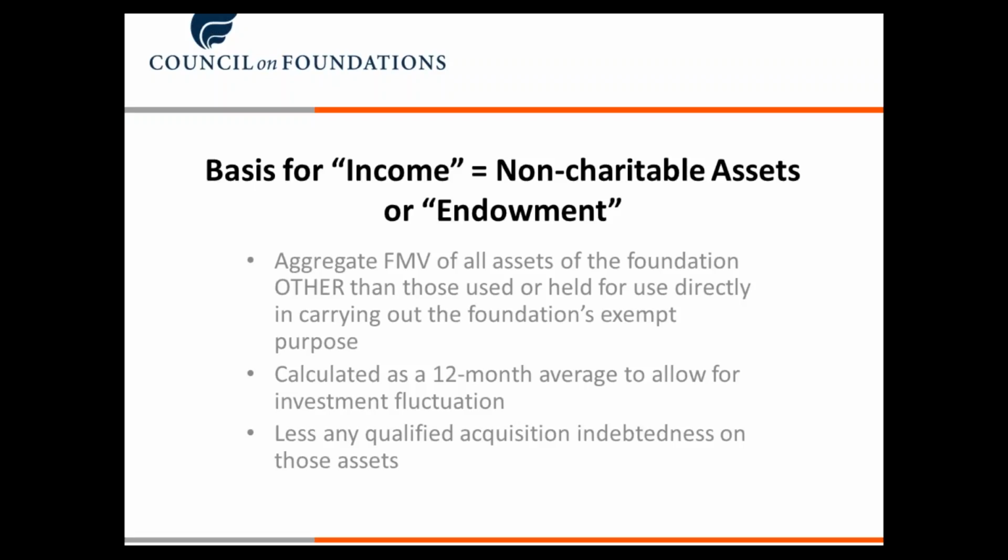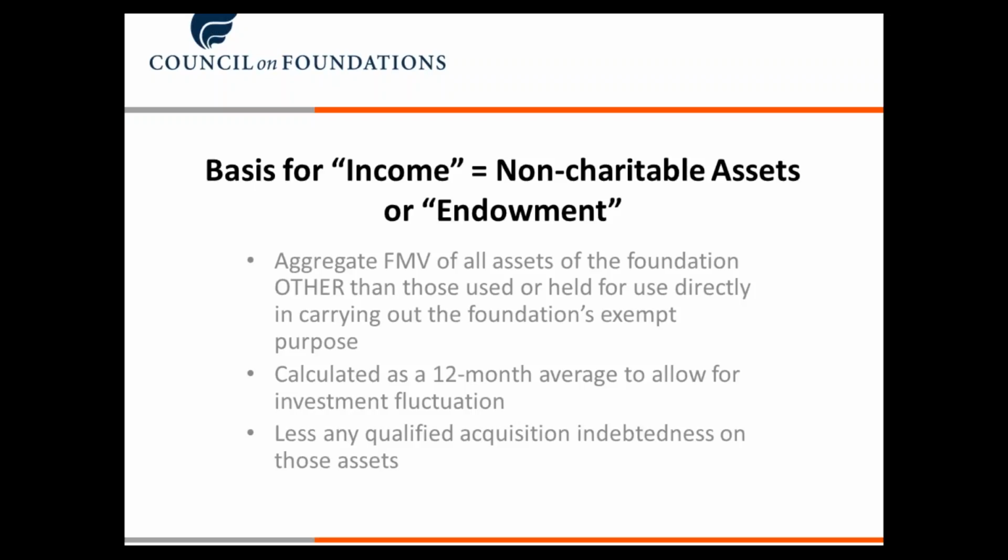So we mentioned income and what your income on your investment assets will be. We have to understand that when we're talking about this type of income, we're looking at income that non-charitable assets are earning. These are your investment assets or your endowment. They are not the assets that you're using for your actual charitable programs or your charitable purposes. These are your investment assets, non-charitable assets, also known as your endowment.